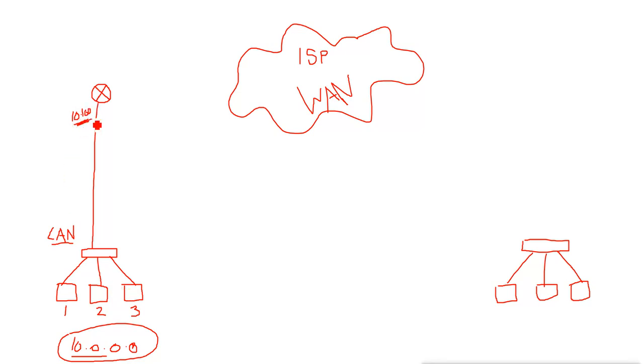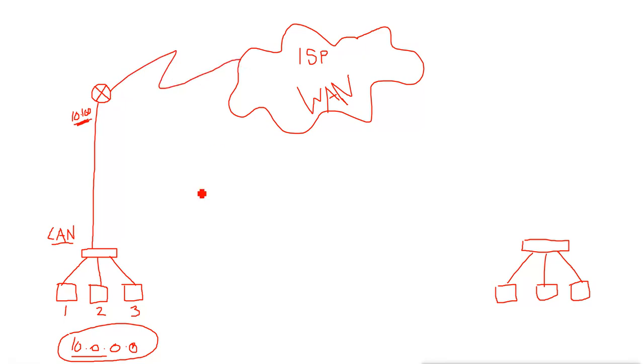Now we get the leased line from the ISP, so we will connect it to the WAN port of our router. Mostly it is a serial interface, or we can use a T1/E1 connection, or in old routers it is a BRI port. We can choose depending on the connection we use: ISDN WAN, an IP network, digital lines, leased lines, or ISDN lines. Depending on that, we have a port on the router which connects to the WAN network. So we connect that port to the WAN network.